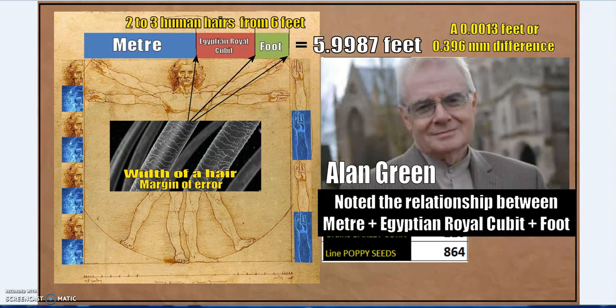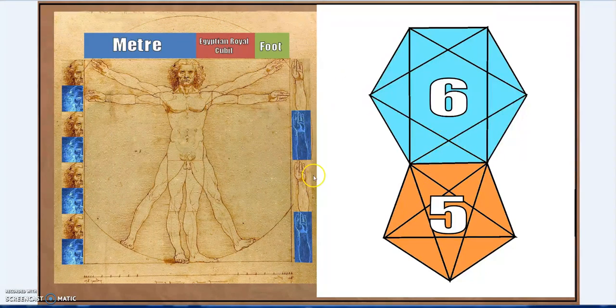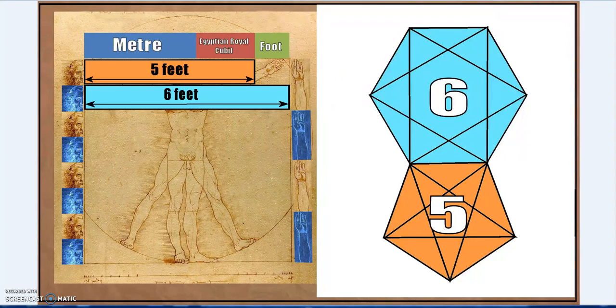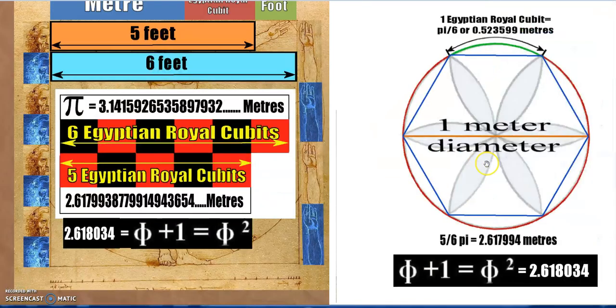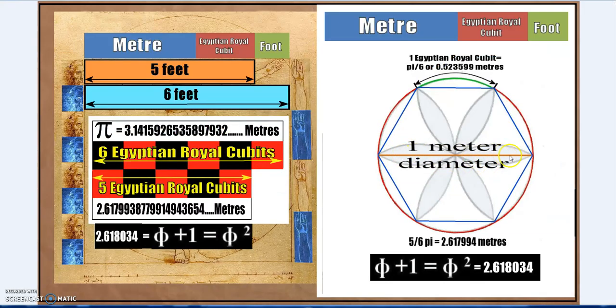The margin of error, the width of a hair between those three, would give you precisely 6 feet, a 6/5 ratio. So 1 metre plus 1 Egyptian Royal Cubit is 5 feet. A metre plus an Egyptian Royal Cubit plus a foot is 6/5. Now, let's look at 1 metre wide diameter, that circle using the seed of life, the hexagonal geometry, which